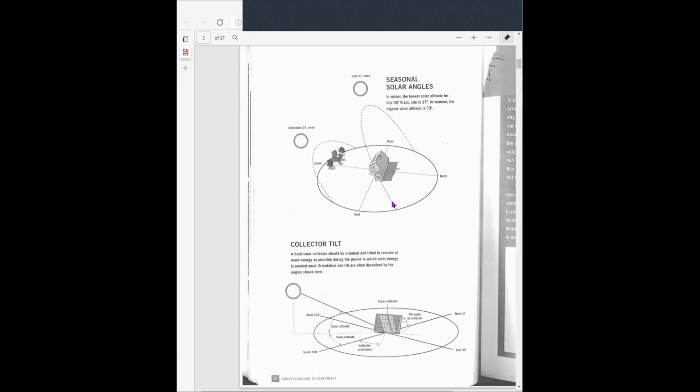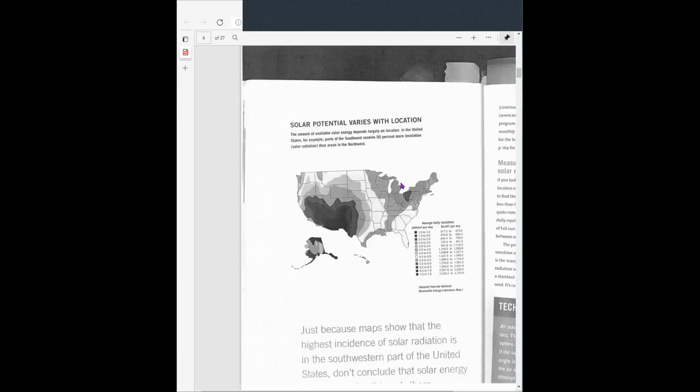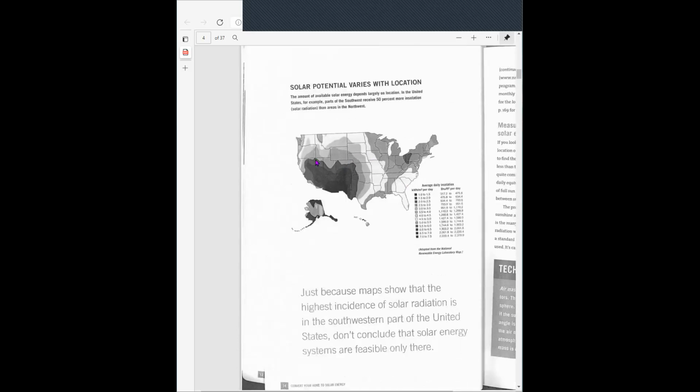So the season affects the solar angle, and then, no, don't worry about that picture because I've got a better one for that. Now here's just how it turns out. They've measured the insolation across the country, and